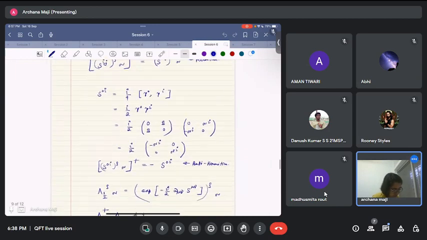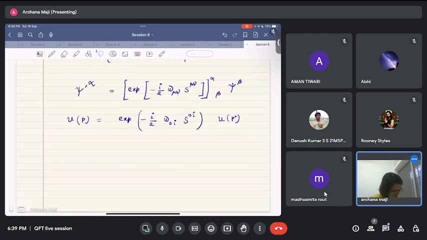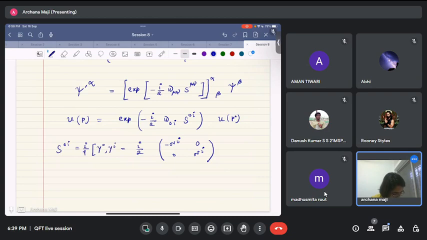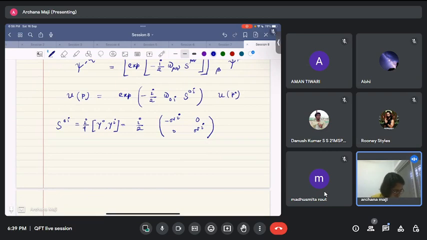So S0I is I by 2. So this is S0I, which was I over 4 gamma 0 gamma I. So if we substitute it there, again that 2 will get cancelled out and we will be left with u of p being equal to exponential